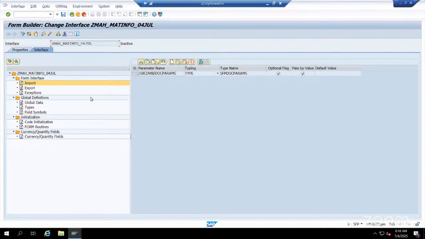Now here you can define the parameters. Import parameters: I'll define, for example, material type and material number. P_material_number is the variable, data type MATNR. In the global data, I will define one work area, underscore MARA, to get one record from the database. Work area underscore MARA type